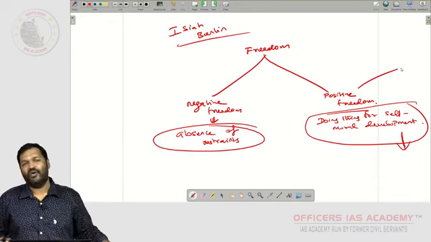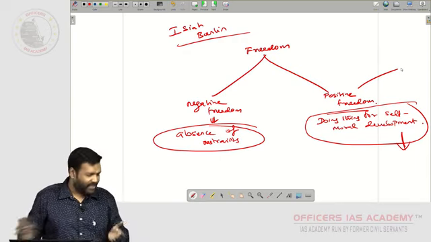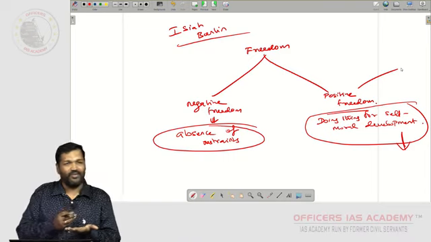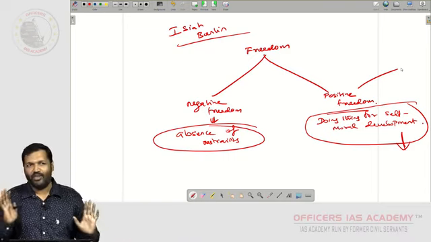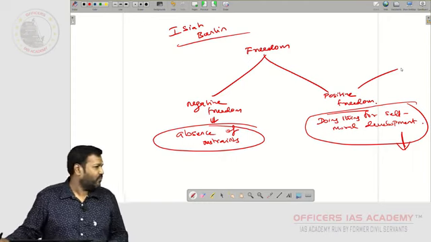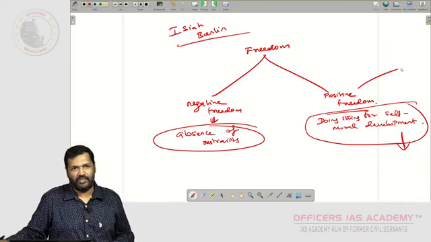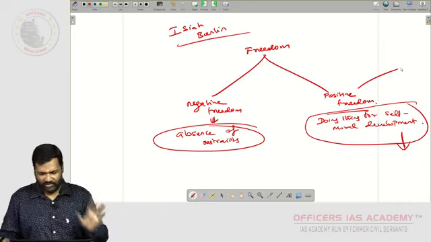Otherwise, without thinking all these things, you are thinking only about law. Morning you get up, whether you can eat this food, it is unlawful, whether you can smoke, it is unlawful. All these things you think. And you live like an animal life. Okay, then it's like a negative freedom. Understood? Any doubt in this concept of negative and positive?